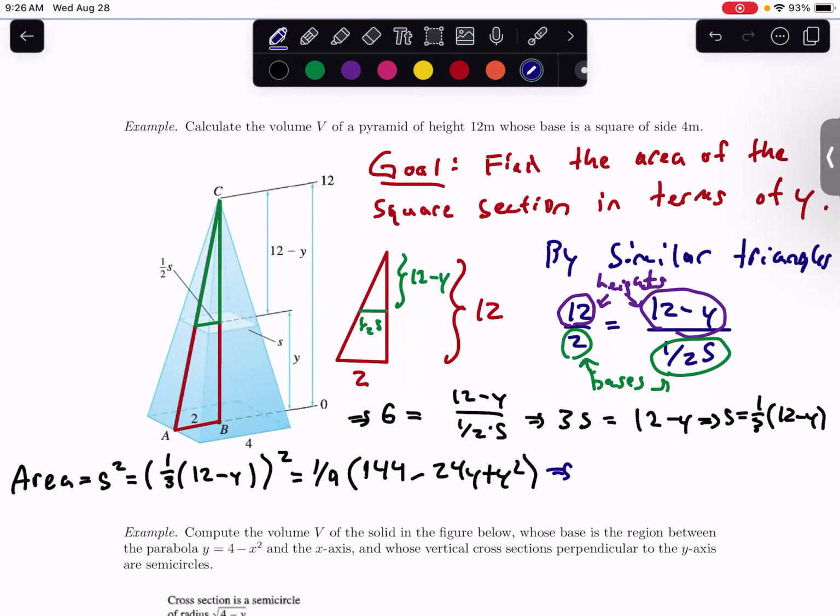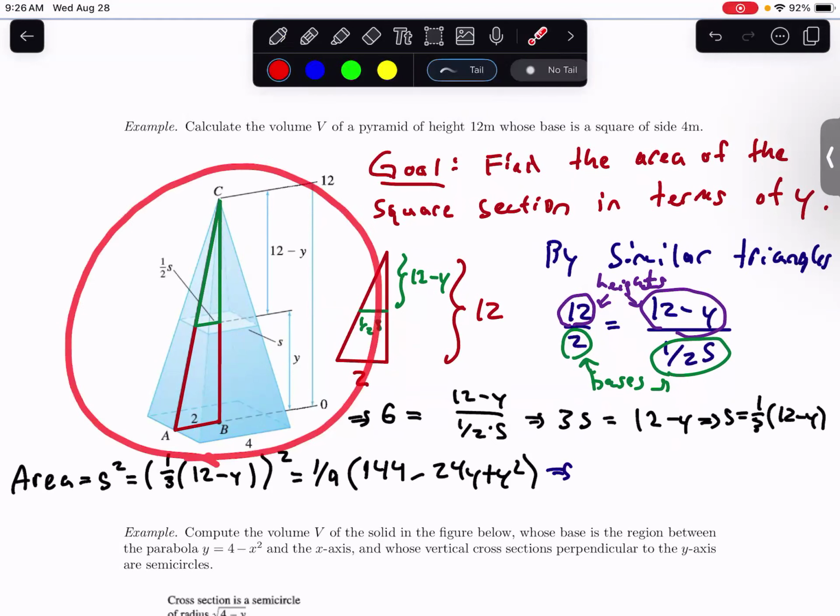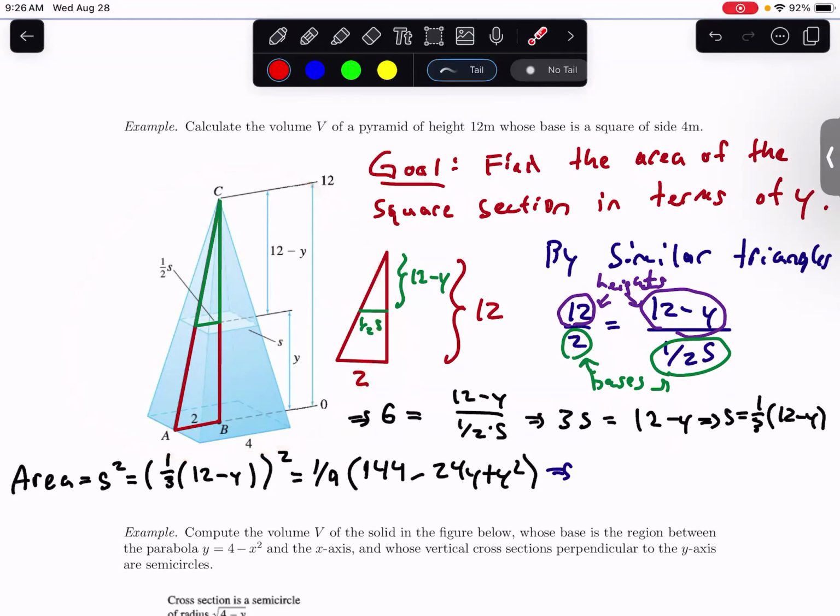And so all that's left now is we want to find the volume. The main goal was to find the volume of this entire body. How you do that is now just a matter of integrating this equation. We've done all the hard work in writing out the area in terms of y. Now it's just a matter of integrating. And again, this is an example where you can just integrate using the power rule for integration. So we have that the volume,